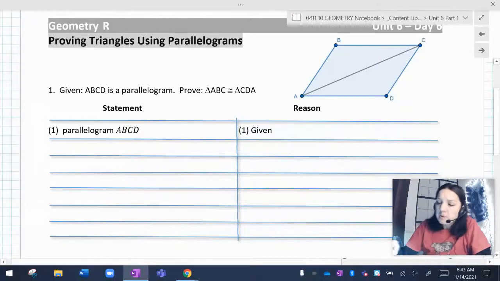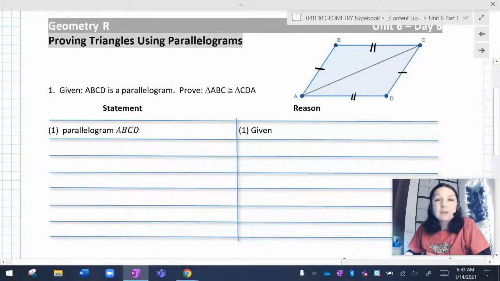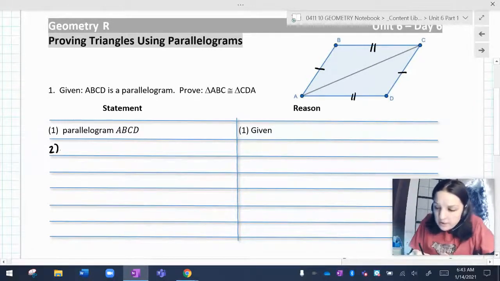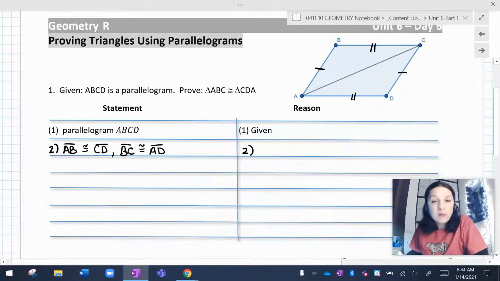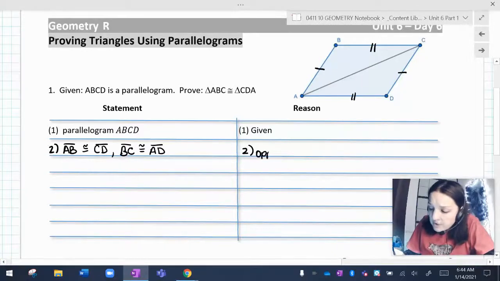If ABCD is a parallelogram, I automatically know that AB is congruent to CD and BC is congruent to AD. I got 2 sides right off the bat. So I'm going to say AB is congruent to CD, and BC is congruent to AD. And how do I know that? Because it's a parallelogram, and parallelograms have congruent opposite sides. So we are going to say opposite sides of a parallelogram